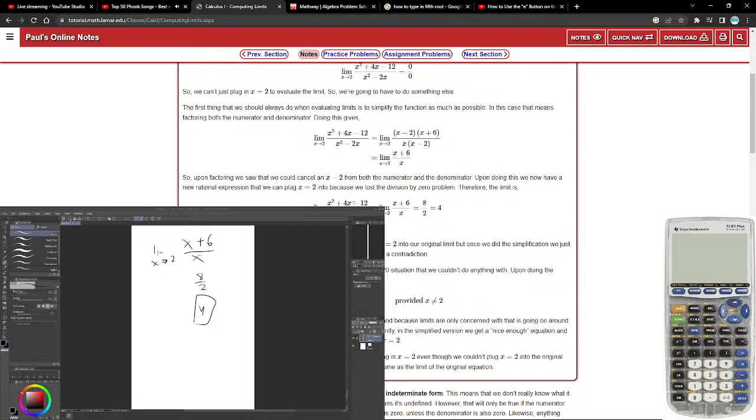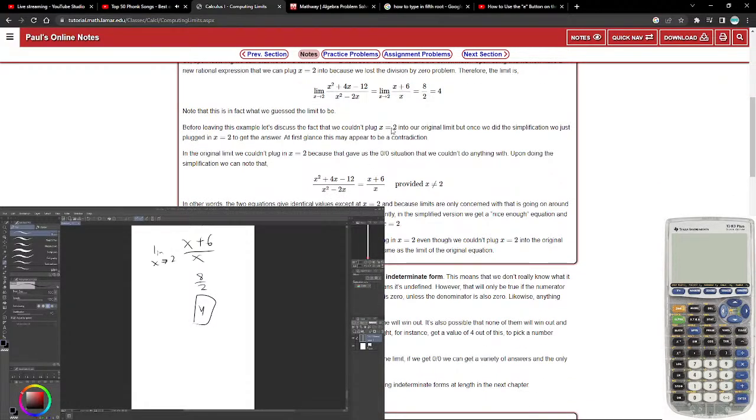Before leaving this example, let's discuss the fact that we couldn't plug x equals 2 into our original limit, but once we did the simplification, we just plugged in x equals 2 to get the answer. At first glance, this may appear to be a contradiction. In the original limit, we couldn't plug in x equals 2 because that gave us 0 over 0, the 0 over 0 situation that we couldn't do anything with. Upon doing the simplification, we could get,